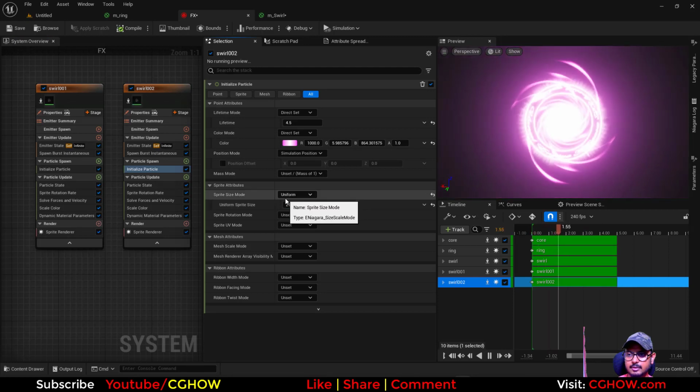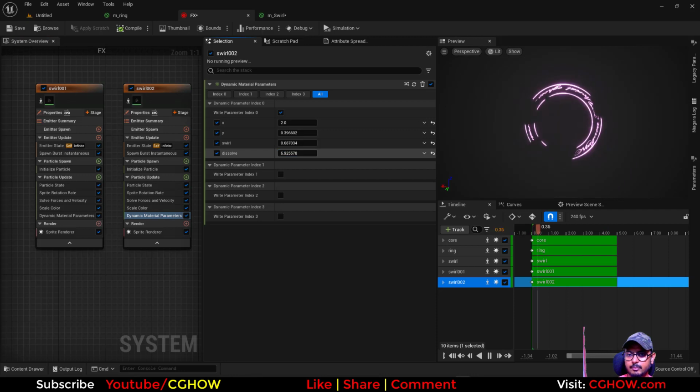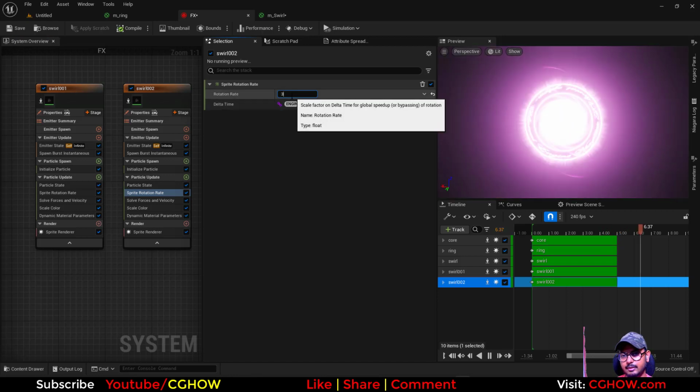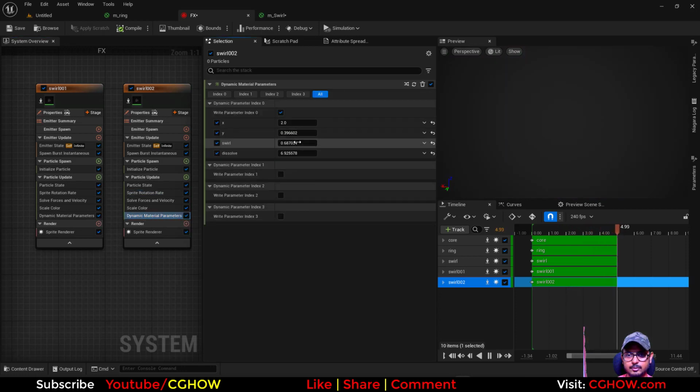like this much, and I can dissolve it even more and change the rate to maybe 200. And also I'll increase the swirl to 1,